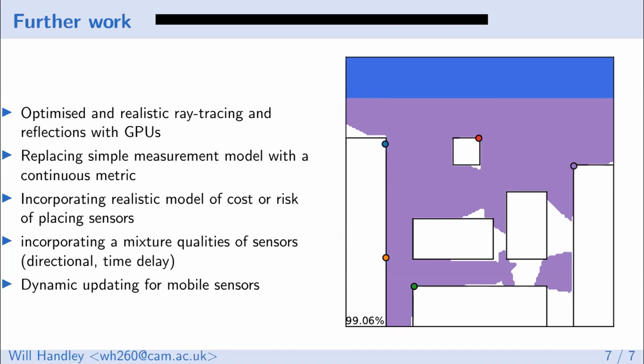Somebody has just posted in the chat whether this can be extended to 3D to take into account building height, and the answer is yes, very much so. This is a 2D simple model. It depends on whether you want to mathematically model 3D as just an extra scalar function on 2D, as in height is an extra scalar function on that, or whether you want to go for a full 3D modeling, which of course would be the more appropriate one. And yes, this would be very extendable. The dimensionality really comes from, in this case, you're optimizing over a 10-dimensional space, because the jump to 15 is not particularly large for these kind of techniques.